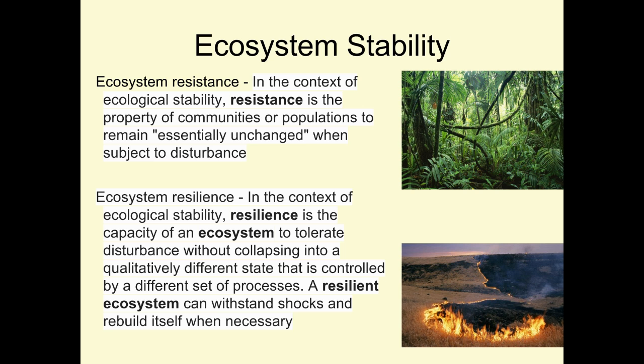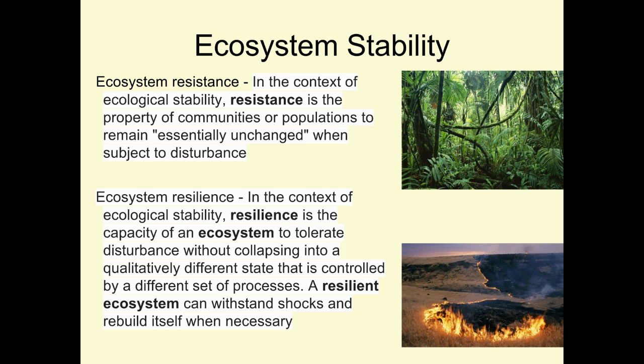Okay, so ecosystem resistance really goes with diversity. Rainforest has very, very strong resistance to change. Why? Because it's so diverse. There are so many different plants and animals living there that one factor coming into the environment isn't really enough to throw it off. Just picture having maybe a certain chemical or invasive species coming into that environment. It's going to be hard for that chemical, that invasive species to wipe out the rainforest because there's so much diversity there. They can withstand it.